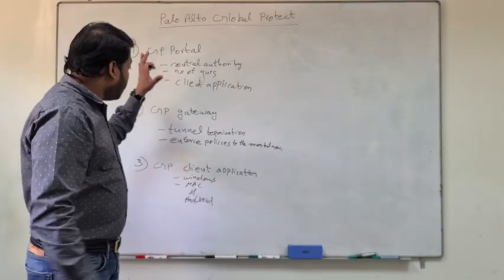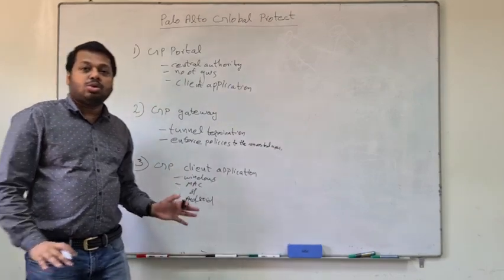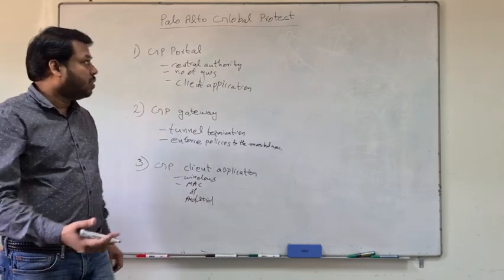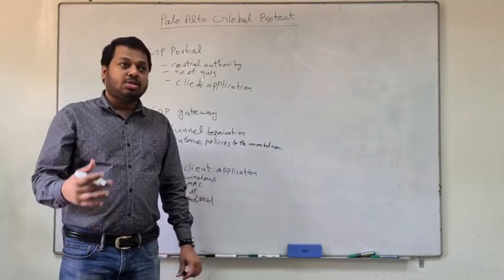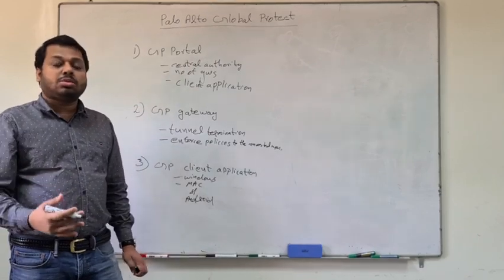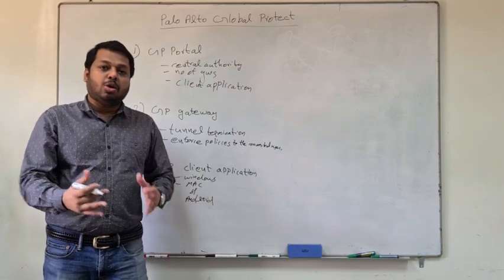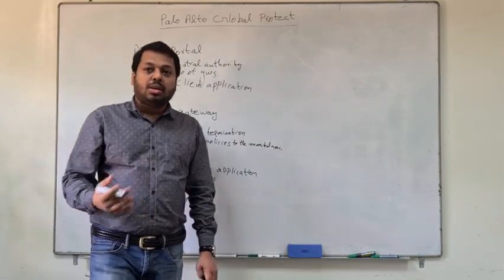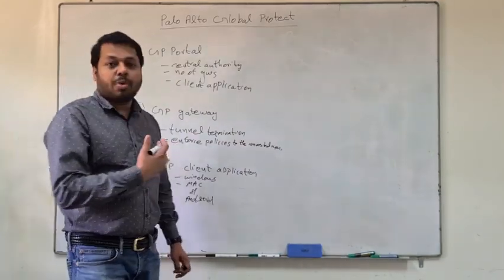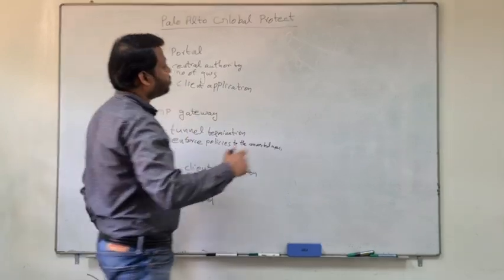So we have seen the components of the Global Protect solution. Now let's relate this solution with the customer requirement. Let me give an example where we recently had a customer. Recently means when the COVID pandemic situation came, one customer was trying to leverage his existing VPN solution, but because of some limitations he couldn't do that. Then he approached us and asked about Global Protect. So we provided the solution. Let us go through his requirements and how we provided the solution.